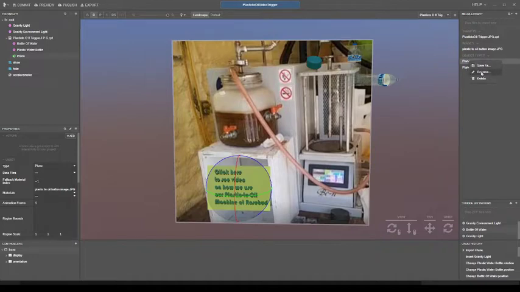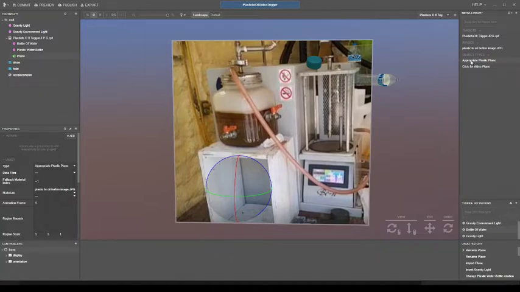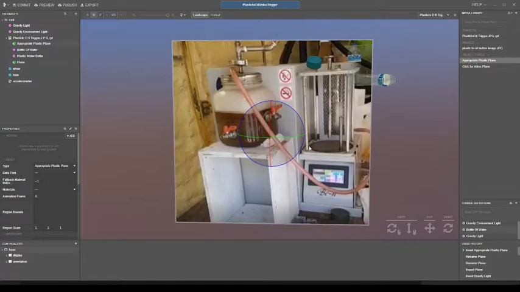I should rename these. So this one is renamed the click for video plane, and then the other one is going to be the appropriate plastic plane. And the appropriate plastic plane I'll also drag in underneath there. And that plane needs to be scaled. It doesn't seem to have any